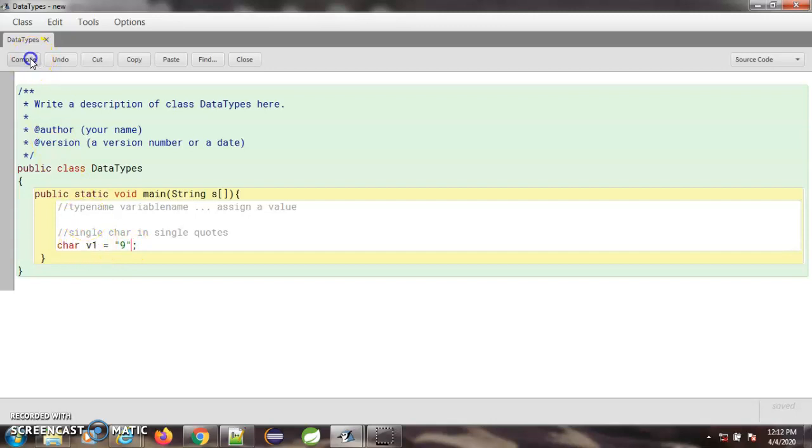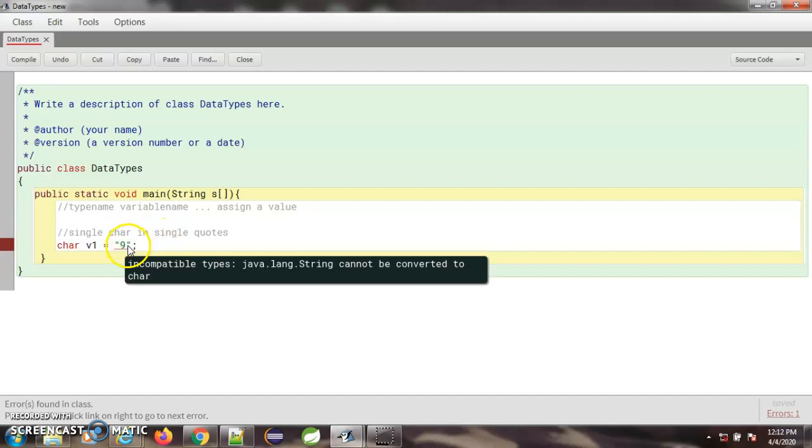If I compile, it will give me an error, because, as I said, double quotes means a string and it cannot be converted to char. We are trying to assign the value of a string to a char variable, and these are not compatible, so we get an error.